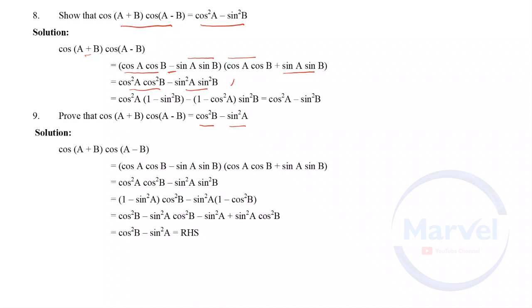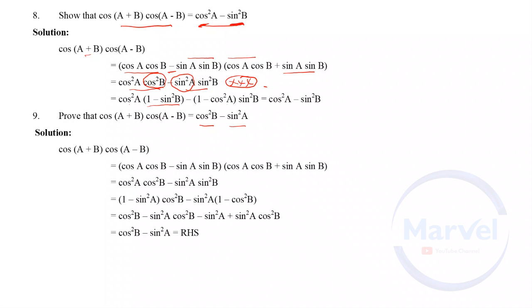Now at this stage you need a very important trick. Angle A only in terms of cos, angle B only in terms of sine. So angle A in terms of cos, B in terms of sine, but here B is in terms of cos, so replace that. And A in terms of cos, but here A is in terms of sine, replace this. Fix the other two functions. So what is cos²B? 1 minus sin²B. What is sin²A? 1 minus cos²A.